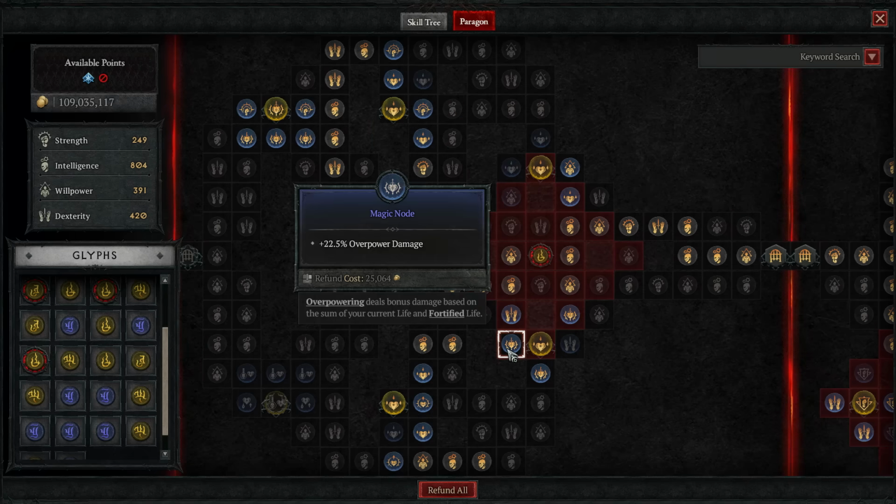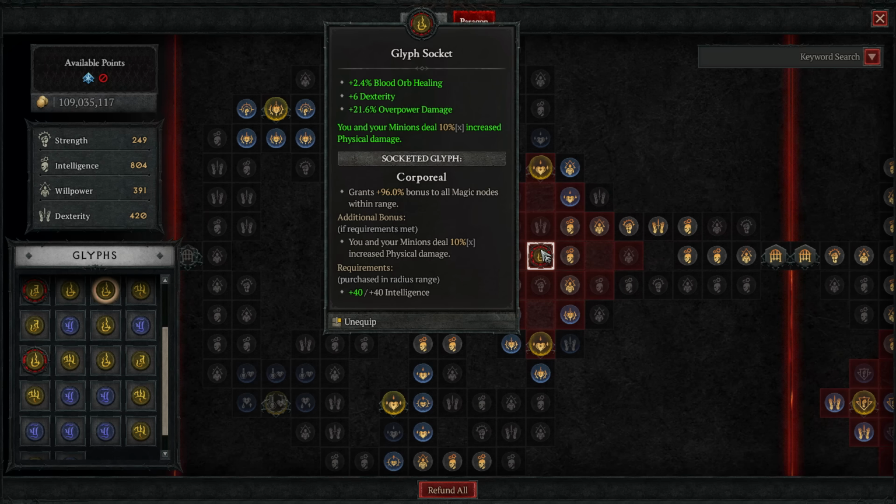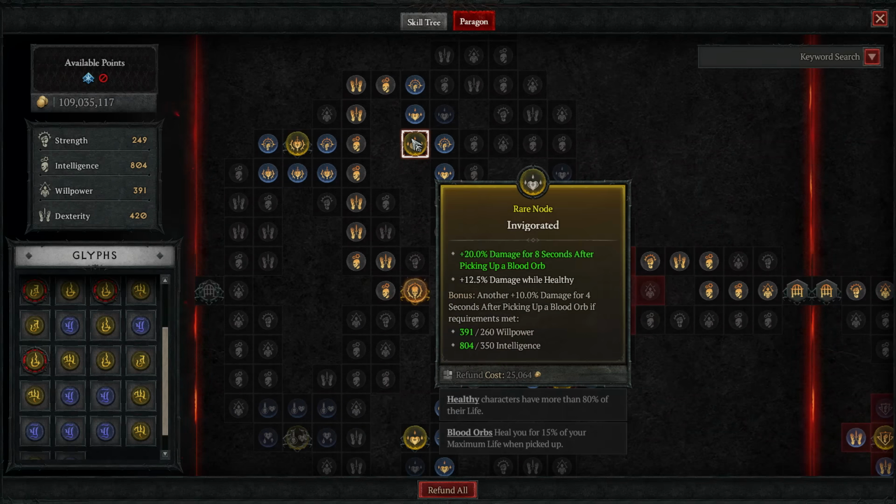So for example, these two nodes that give you extra overpower damage are going to give you even more overpower damage once you get this to 15. It's my last glyph that I've been working on. It's level 12 right now. While we're here though, we're going to work our way up to the left to get Invigorated and a couple